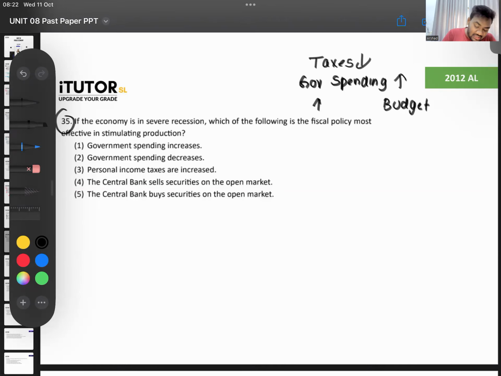What should the government do? Should they run a budget deficit or should they run a budget surplus during a recession? During a recession, they have to run a budget deficit. In other words, they spend more than what they earn. That's what they should do. So spending more, taxing less. They should run